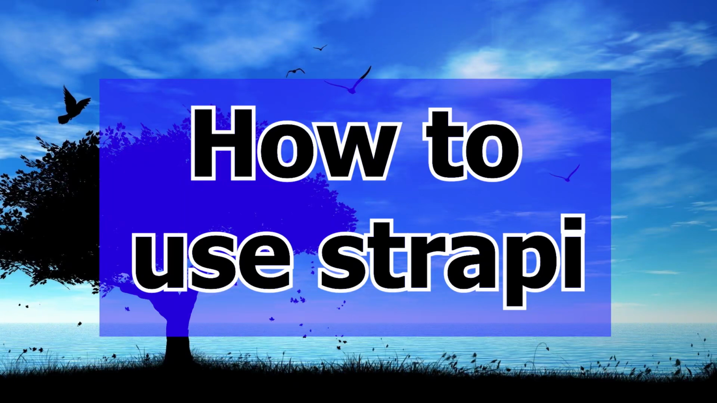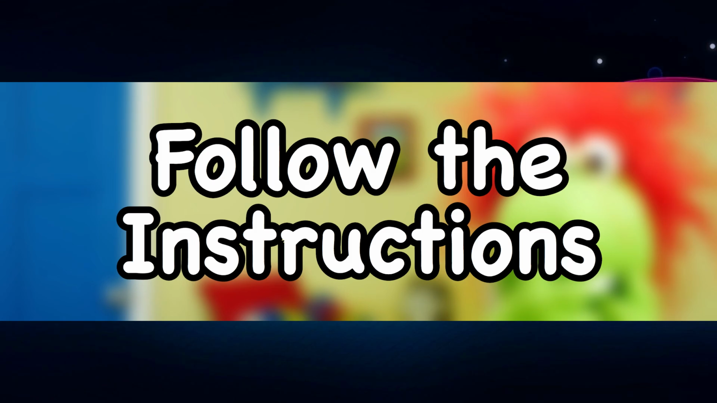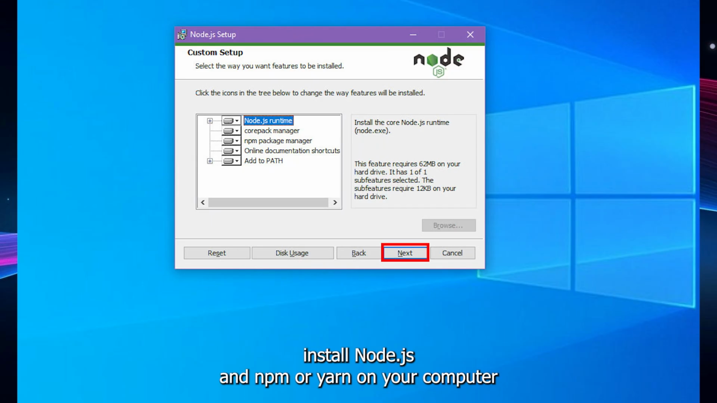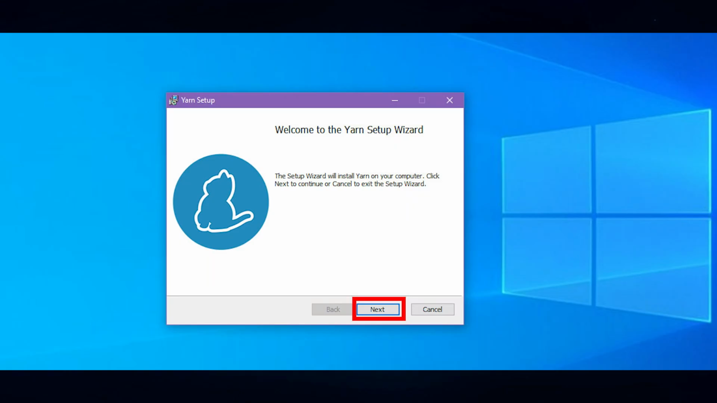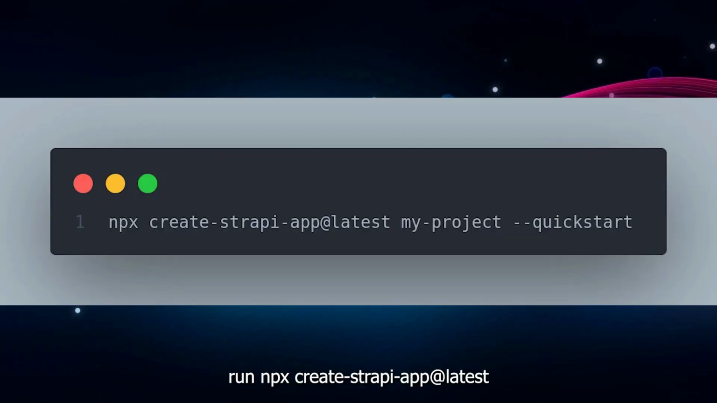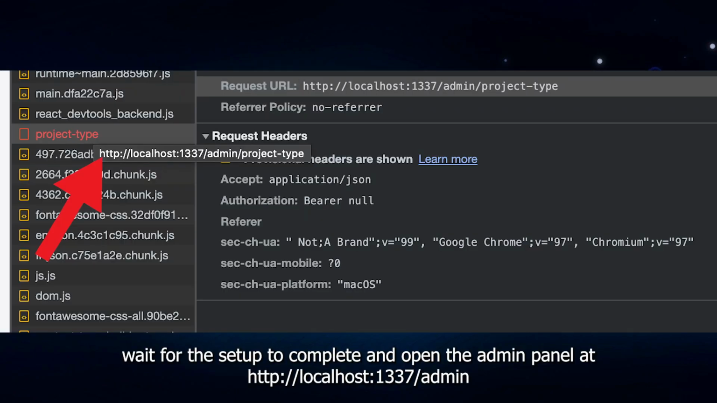How to use Strapi. Follow the instructions. Install Node.js and npm or yarn on your computer. Run npx create-strapi-app@latest my-project --quickstart in the terminal. Wait for the setup to complete and open the admin panel at